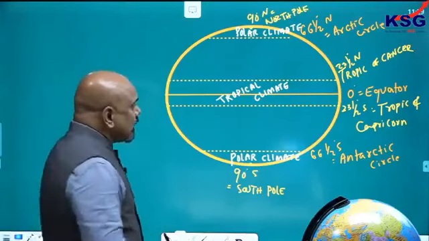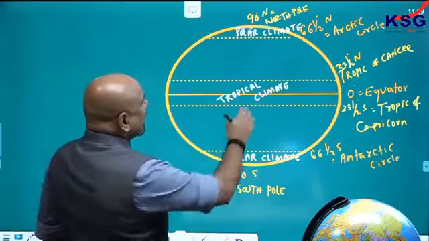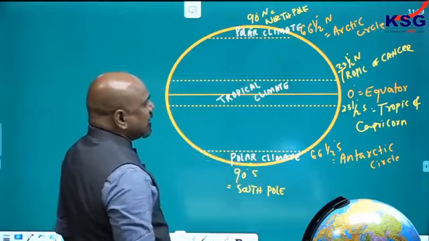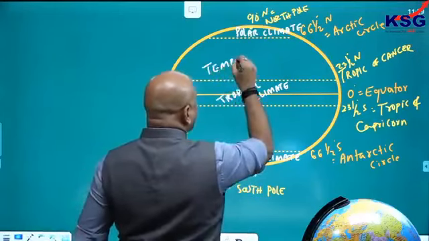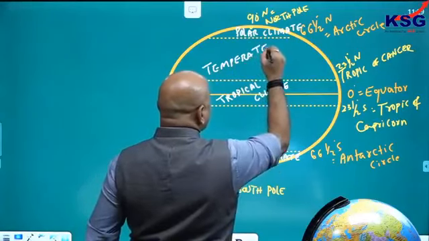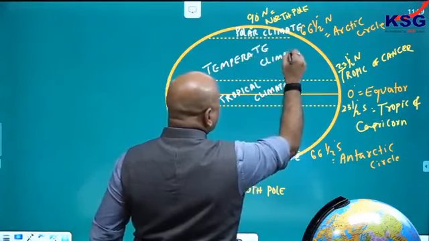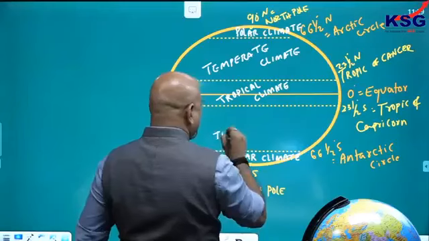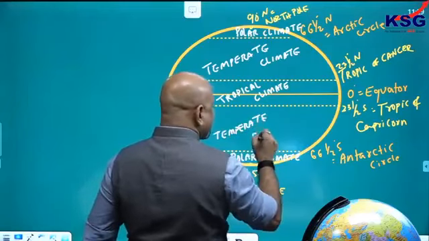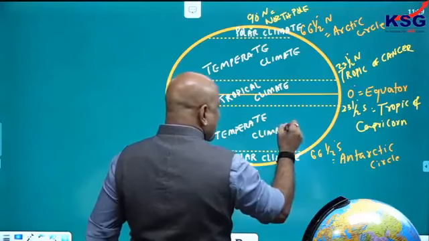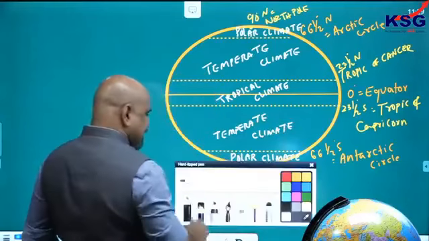Okay. Look at here, tropical climate and polar climate, two types of climate I told you. In between it is temperate climate. What is that? Temperate climate. My friends, this region,